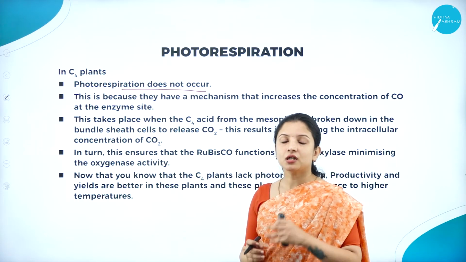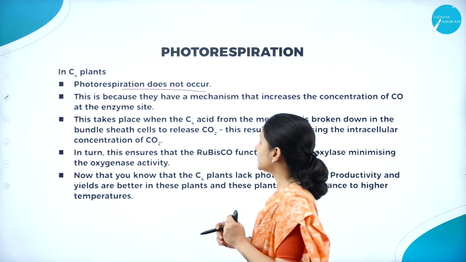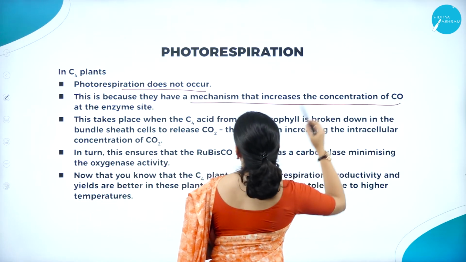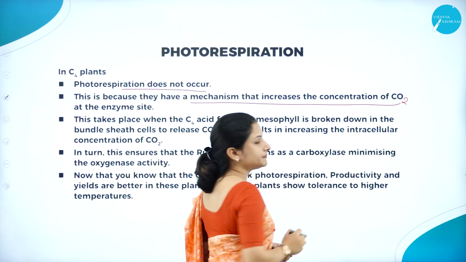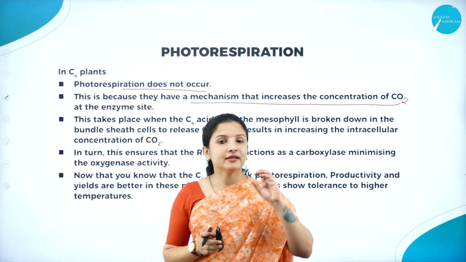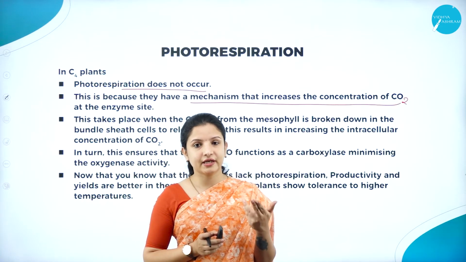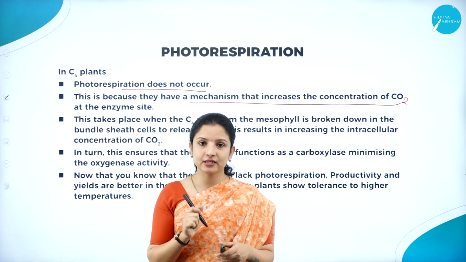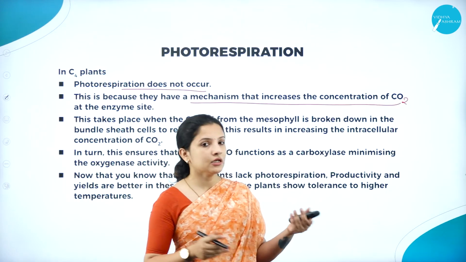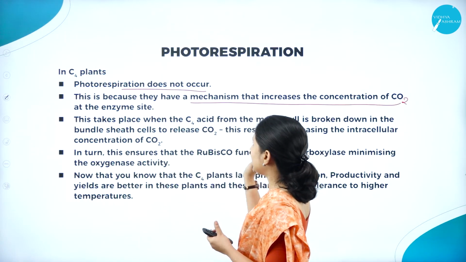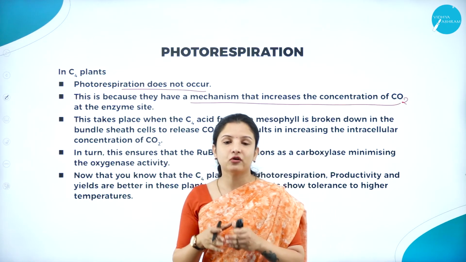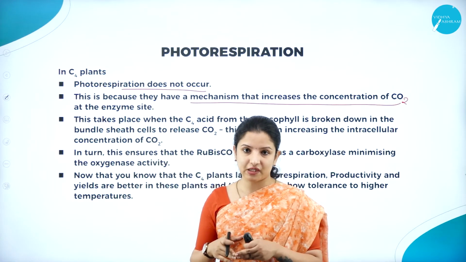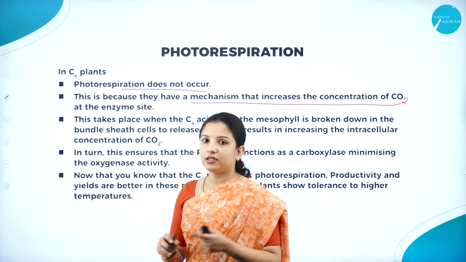Why does photorespiration not occur in the C4 plants? The reason is C4 plants have a mechanism that increases the concentration of carbon dioxide at the enzyme site, right? At the enzyme site, how is the concentration of carbon dioxide increased? Because of the decarboxylation process, right? If you remember the Hatch and Slack cycle, you would have understood that. So here, the concentration of carbon dioxide will increase at the enzyme site of the C4 plant, right? So that is why C4 plants do not need the photorespiration process,